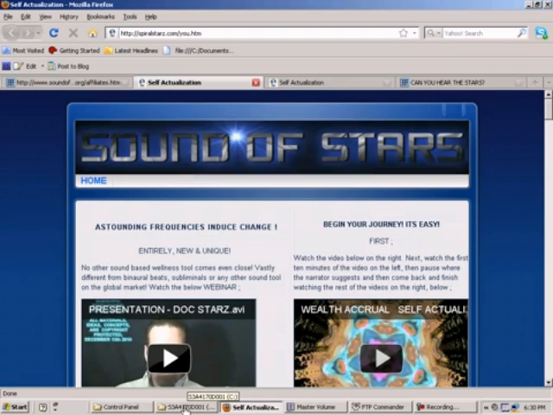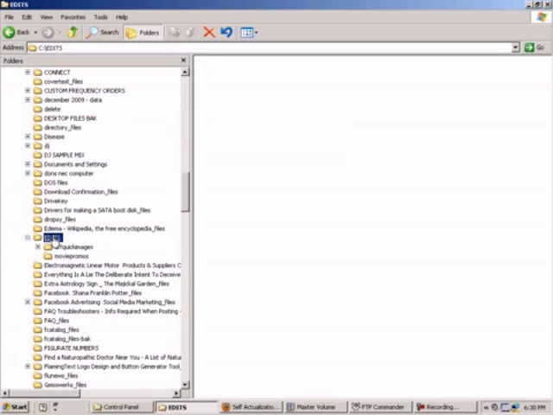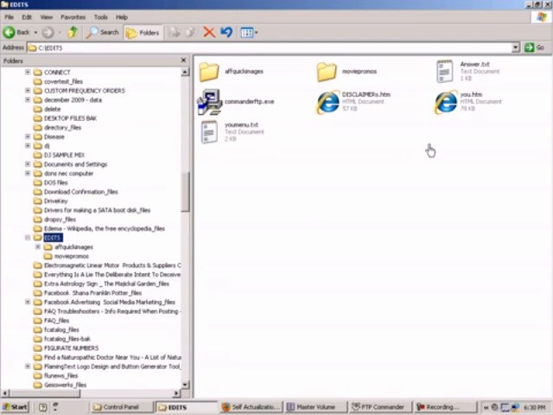So the first thing that we're going to do is go into our Explorer window, or whatever you're using to navigate on your hard drive. And you see again, it's very similar to the FTP Commander. So I'm going to scroll down, and I'm going to locate the folder that I downloaded the files to. And remember, we made the folder called Edits, or whatever it was you decided to call it. I click on that, and I can see all of the files that I downloaded. Now I'm just going to sort this. I'm going to go to View, Details,